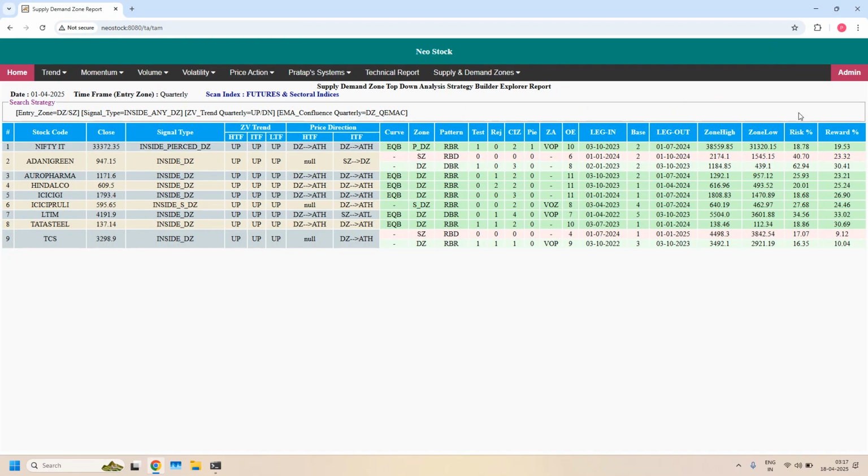So with these filters, we got 9 stocks. From 21, they're filtered to 9 stocks. So these 9 quarterly demand zones are having quarterly EMA confluence, and also the current price closed inside the quarterly demand zone. Okay, next,